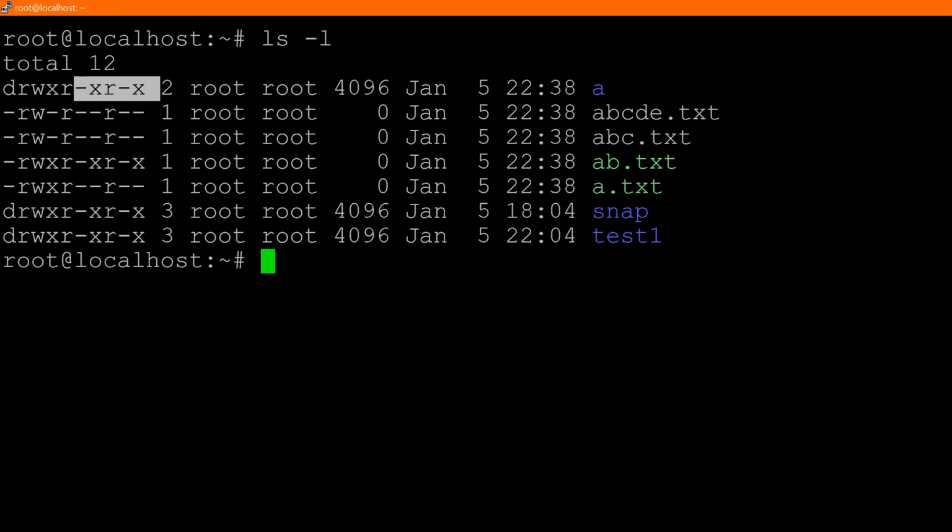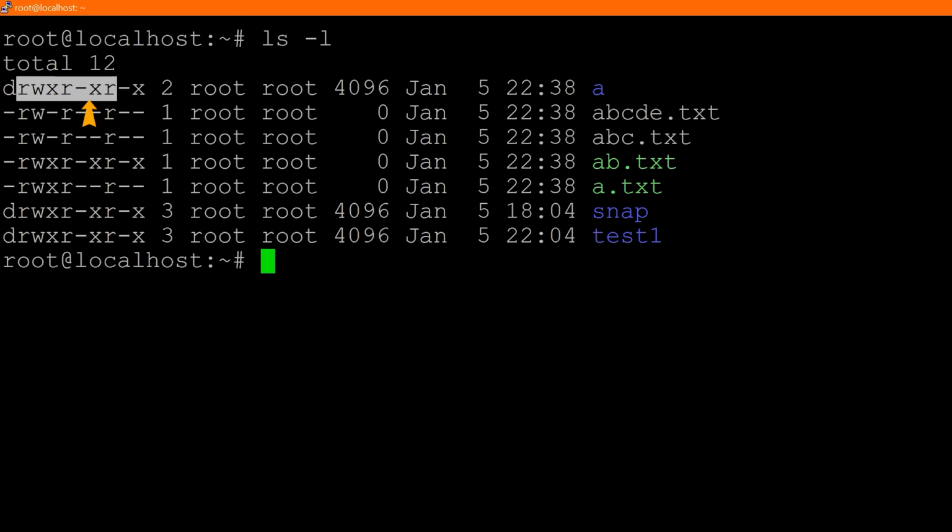So let's go back to this first set of characters here and talk about what this means. So again, this is the file permission. The first character stands for what type of file this is. So the fact that it's a D means this is a directory. If we see a hyphen or a dash, that means this is a regular file. And if we see L, I forget the exact word that stands for, but I think it stands for something like link. Now, you're probably not going to see L at all, but I just wanted to mention that in case you do. So D, directory, hyphen, file, that's the first character of this cryptic set of characters here.